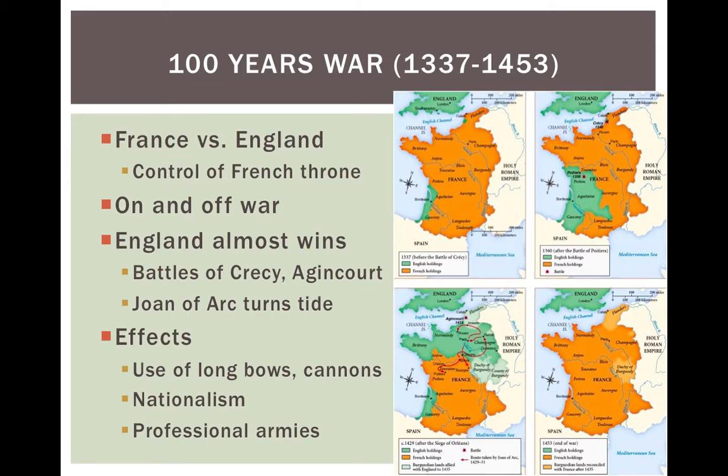And then the other major war that goes on during this time is the Hundred Years' War, and this is a war between France and England in order to control the French kingdoms. It doesn't really actually last for a full 100 years. It goes on and off in 10, 15, 20-year cycles. England looks like they're going to lose from the start, but then they have some great victories at Crecy and Agincourt, and they make a comeback and start to push the French back very heavily, and will eventually almost have most of France.